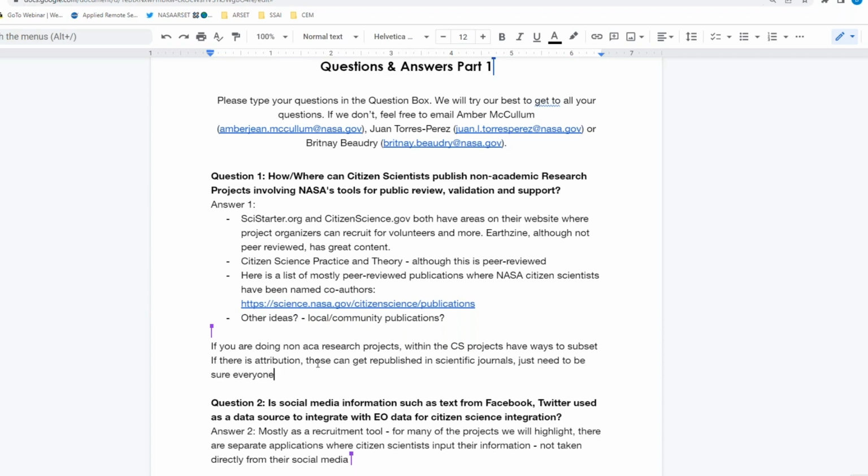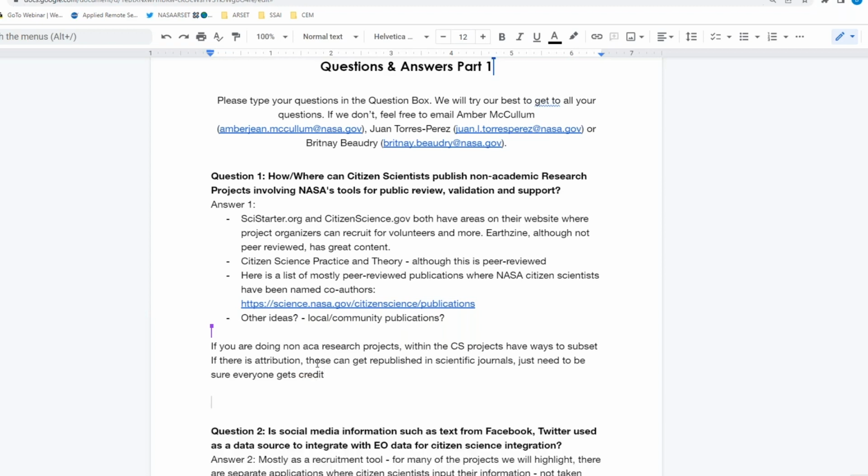Absolutely, good point. Thank you so much. This is Katie up in Alaska, and I agree with Stinger on highlights and within projects newsletters. We put out newsletters so that the individual results or community level results are put out there, but also creating opportunities for individuals in projects or groups in projects to present at conferences is a huge way for, a poster is so much less intimidating than a